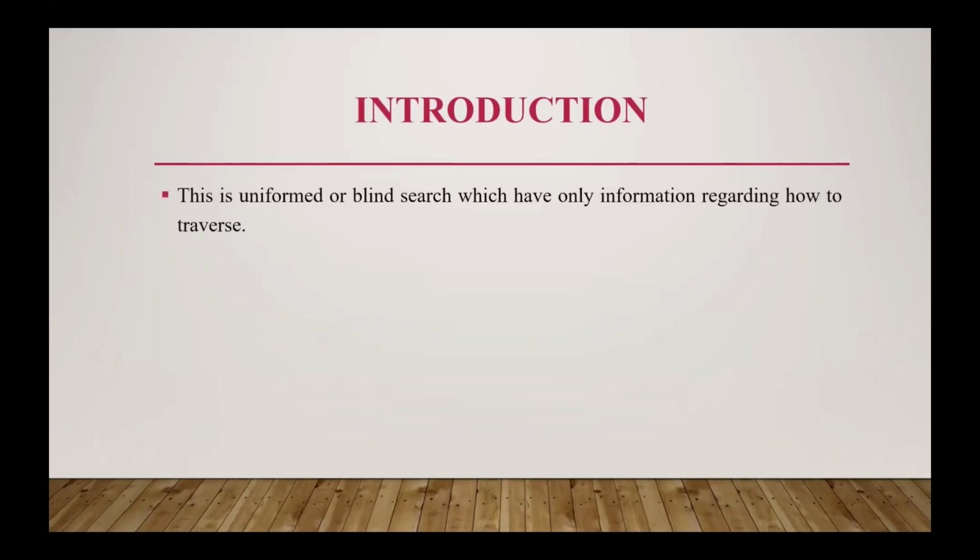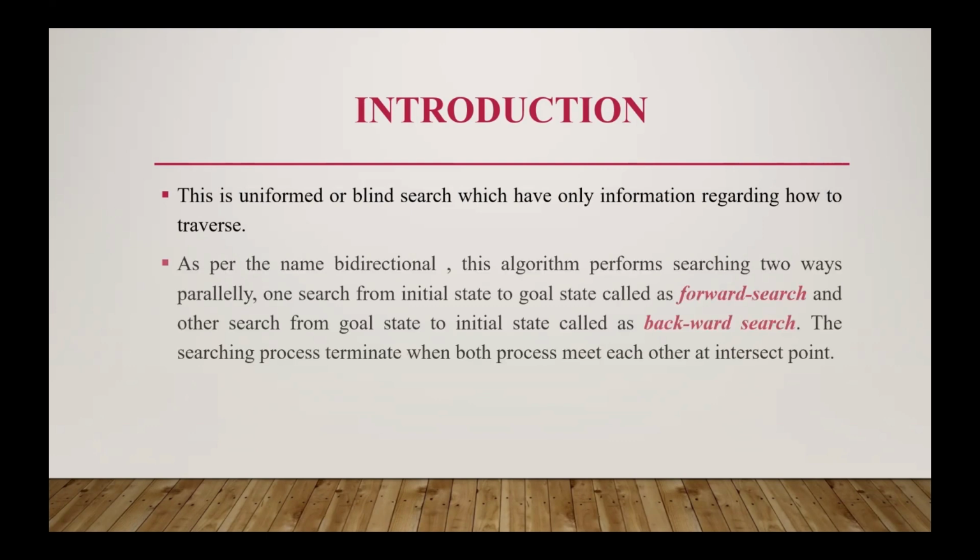So as we know, this is one type of uninformed search or blind search, meaning no information is given, only how to traverse. So bidirectional is one type of blind search. As per the name, bidirectional means it can search in both directions. So this algorithm starts searching both ways, one from the goal node and another from the